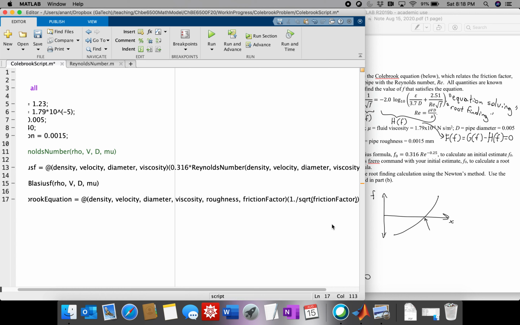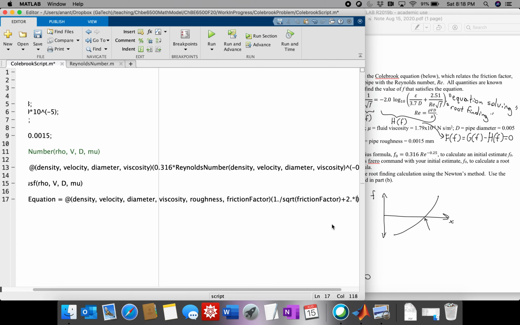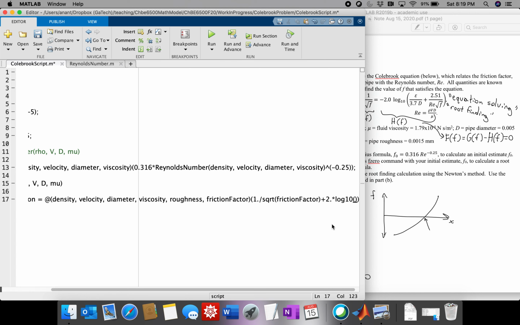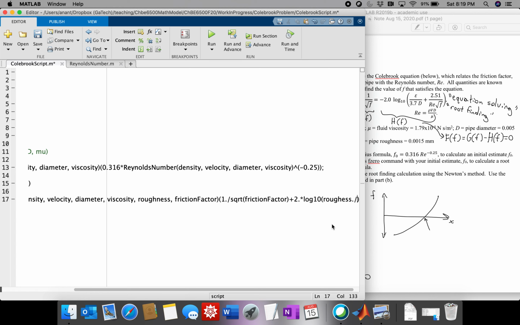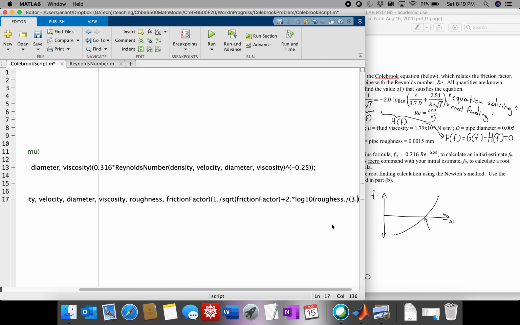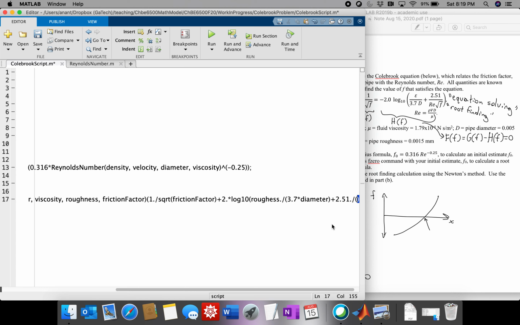So 1 over square root of the friction factor plus 2 times log 10 of the roughness divided by 3.7 times the diameter plus 2.51 divided by Reynolds number, density